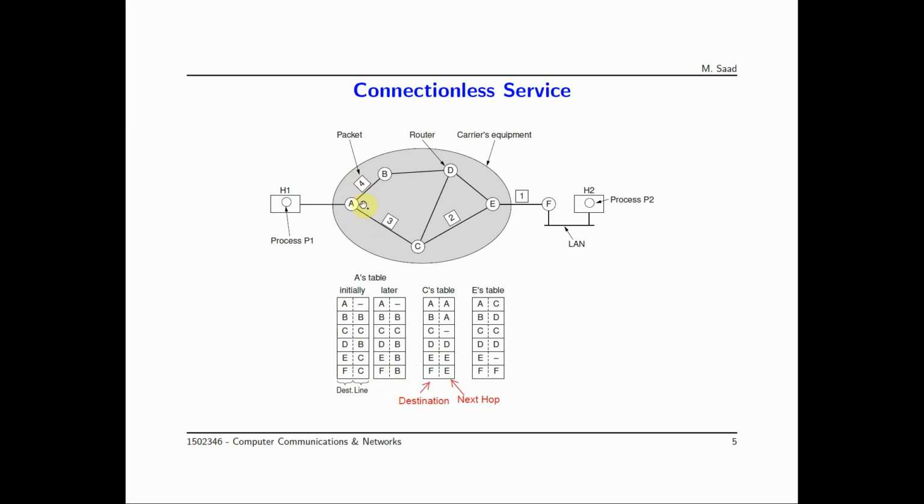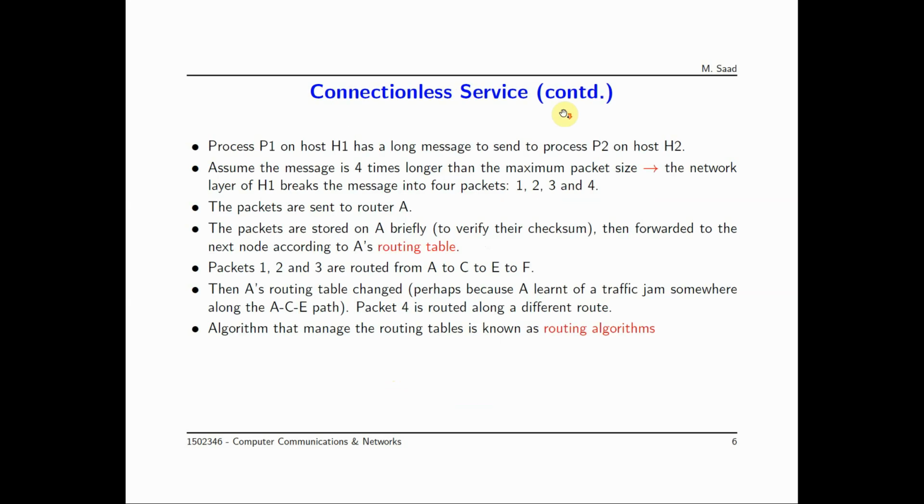So perhaps router A noticed that this link became congested, the delay on this link became too long. Somehow it realized that sending along this way is better at that time. This got better, and this got reflected in the table. So from the table, router A will decide to send to router B. That's why packet 4 is going this way. So this is just the final comment here that we missed in the connectionless service,